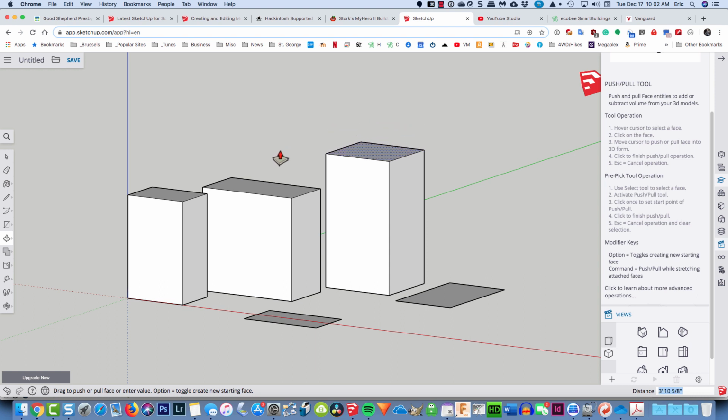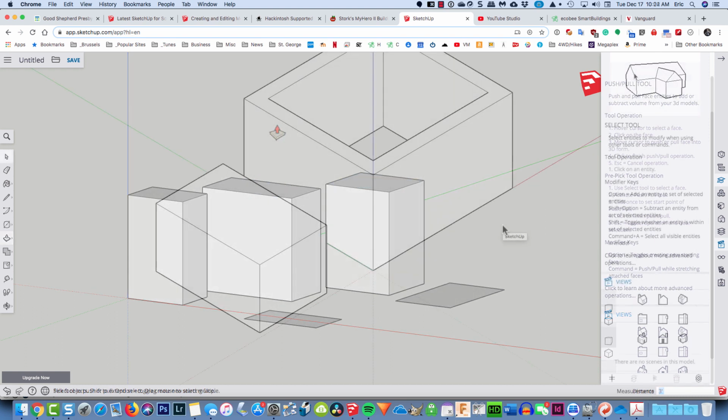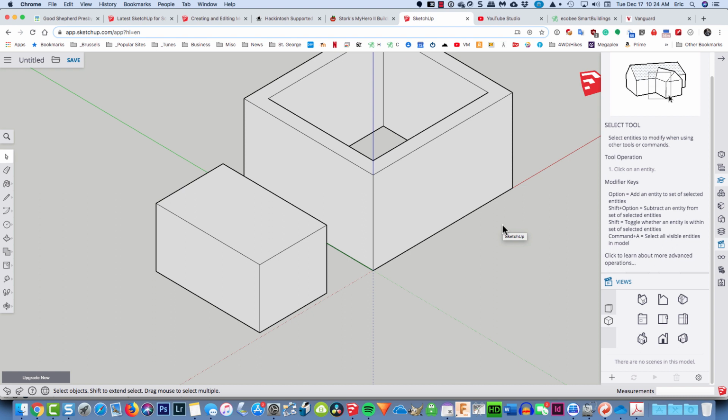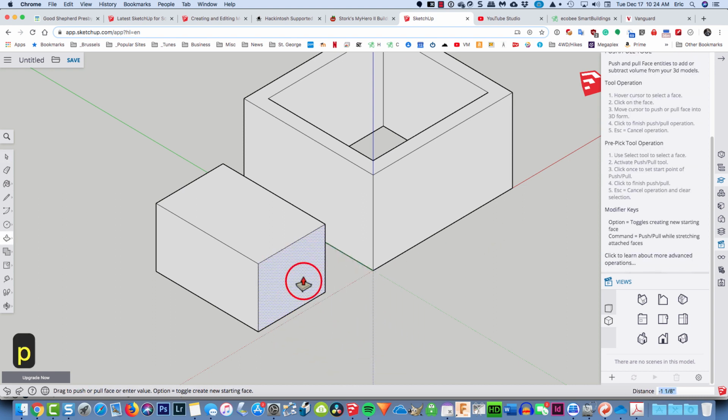Another very powerful option that you have is to click on a surface, pull it up, and then mouse over to a previous face, and it'll create a push-pull at the same height. The push-pull tool is not only used for adding geometry. For example, if I click on this, I can pull it back and forth, but we can use it for